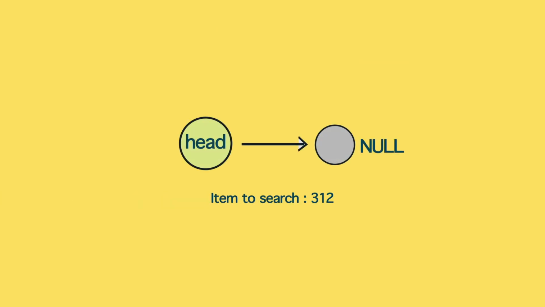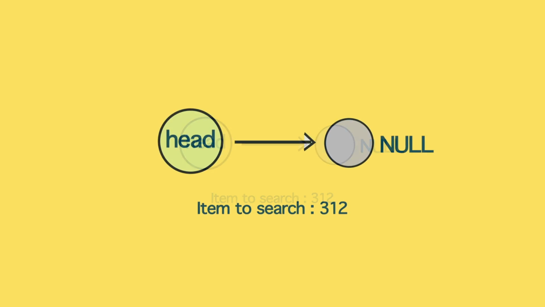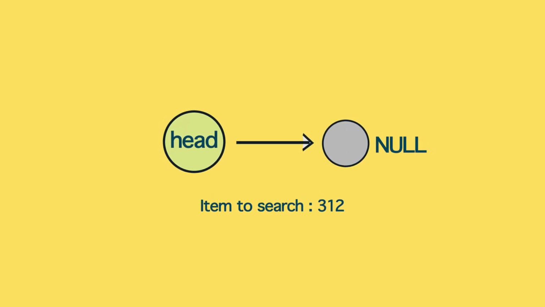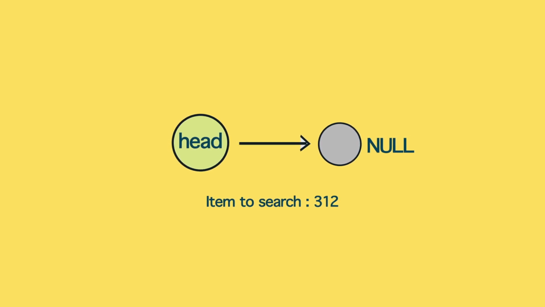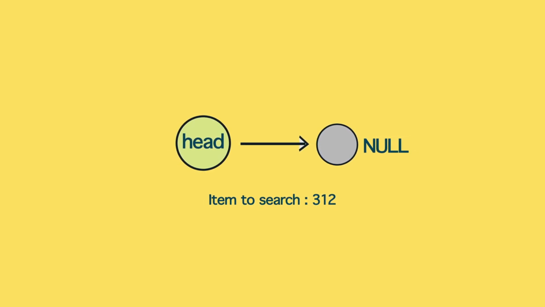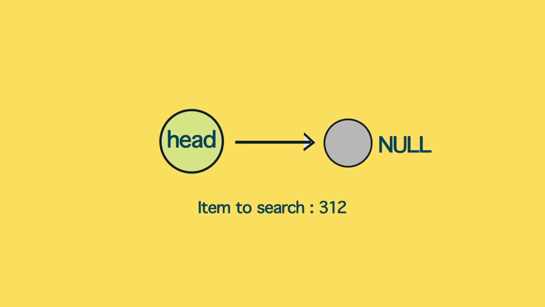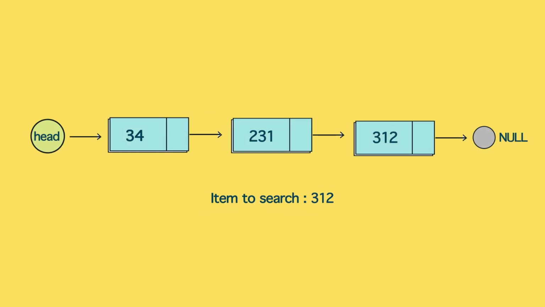So now let's say that the item that we are after is 312. If the linked list happens to be empty, then the head is going to point to null. In this case searching is not possible, so we can simply return null. Imagine that we have a couple of items in the linked list and now we need to search for the item